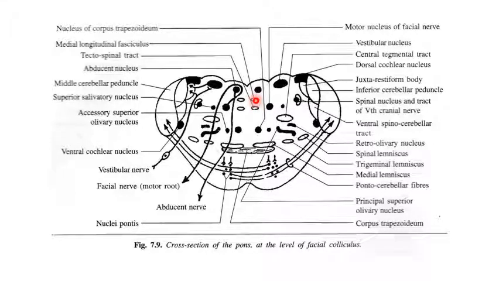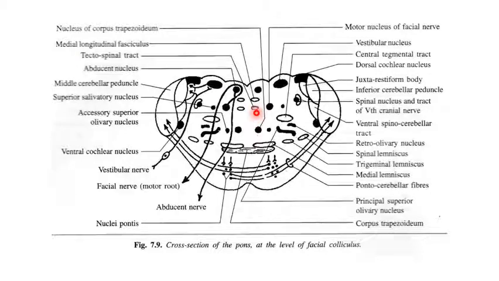As we know, the medial longitudinal fasciculus consists of ascending and descending crossed and uncrossed fibers from the vestibular nuclei, and it communicates with other cranial nerve nuclei present in the brainstem. It is mainly concerned with the coordinated movements of the eyes, the ocular muscles, as well as the muscles of the head and neck. Ventral to it lies the tectospinal tract, which arises from the opposite superior colliculus, and it is concerned with the protective spino-visual reflex.